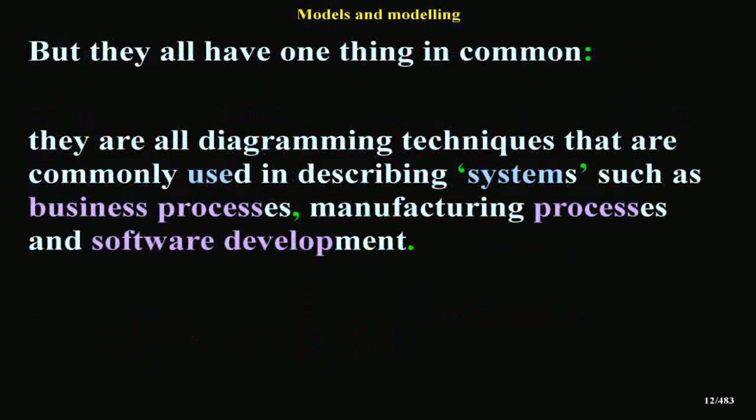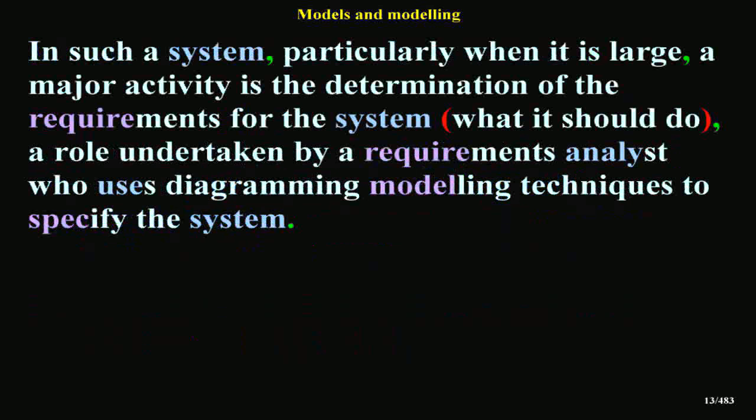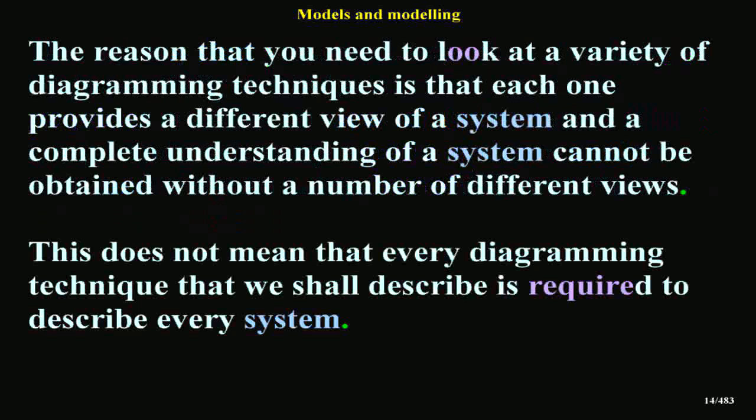They are all diagramming techniques that are commonly used in describing systems such as business processes, manufacturing processes, and software development. In such a system, particularly when it is large, a major activity is the determination of the requirements for the system, what it should do, a role undertaken by a requirements analyst who uses diagramming modeling techniques to specify the system. The reason that you need to look at a variety of diagramming techniques is that each one provides